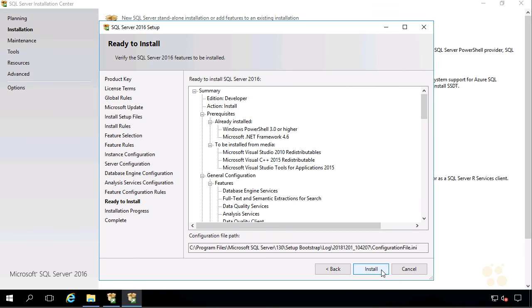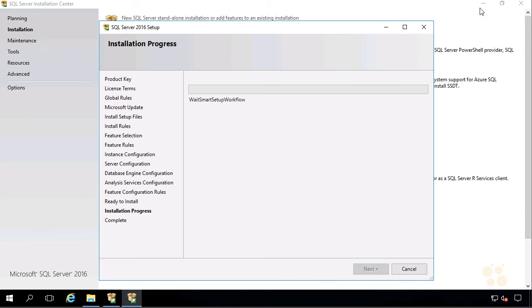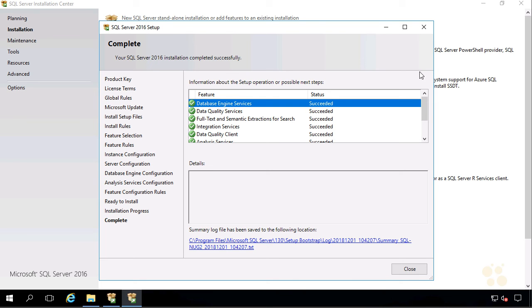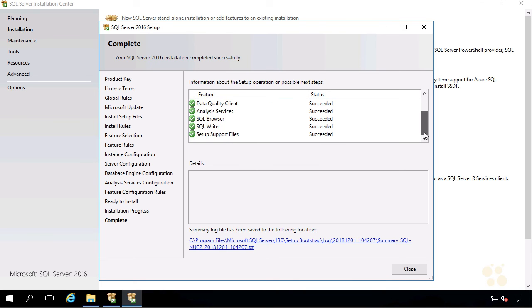And we are ready to install. I'll go ahead and pause it while we let this install complete. And after about 5 or 10 minutes, you can see we've got nothing but green check marks. The installation succeeded. Are we ready to use this thing yet? Nope. We still have a lot of work to do to get it able to access the SQL Server remotely,